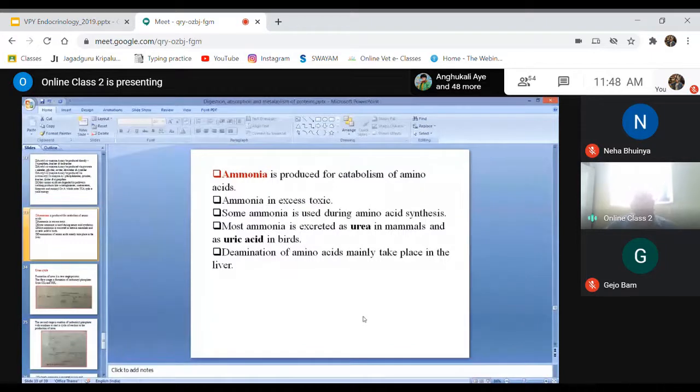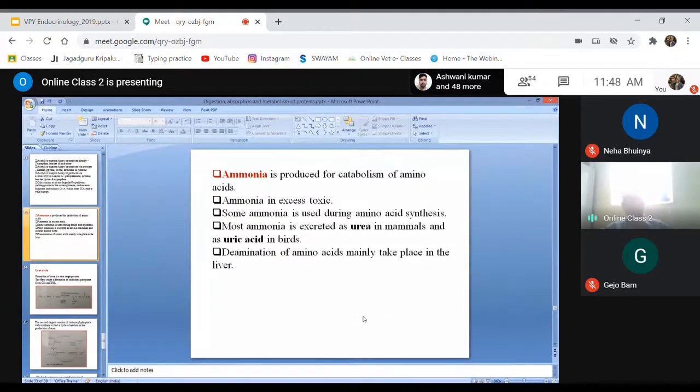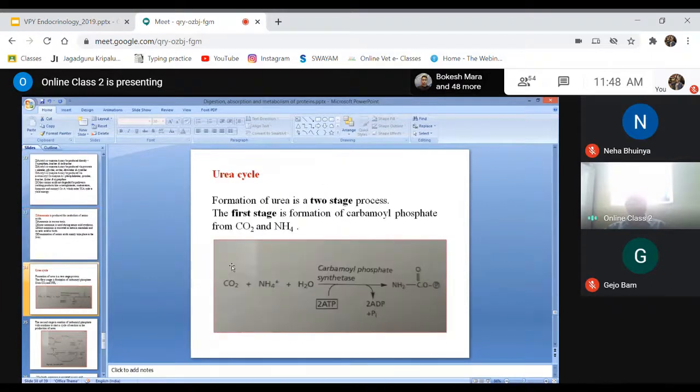Ammonia is also produced from catabolism of amino acids, and this ammonia will be excreted as urea, mainly in mammals, as well as uric acid in birds. So how are they formed? I'll discuss now. Urea will be synthesized from ammonia via the urea cycle, and here